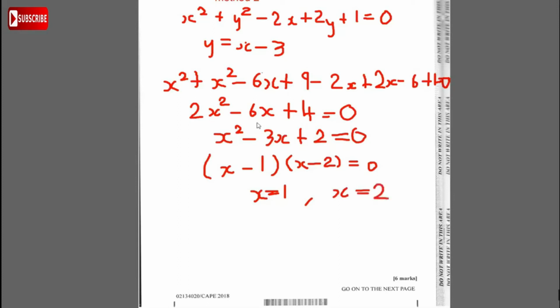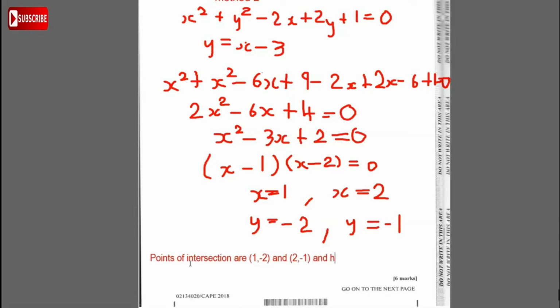So you plug x equal 1 into y here, and so you're getting y is equal to, plug in x equal 1, 1 minus 3 is minus 2. And you plug x equal 2 in here, and you get 2 minus 3, which is minus 1. So those are the points of intersection. So finally, you can conclude points of intersection are (1, -2) and (2, -1),